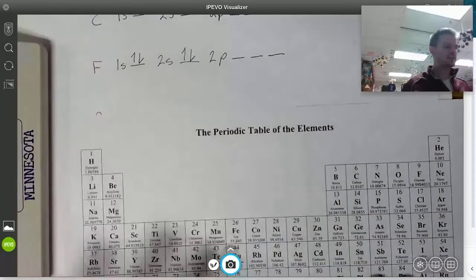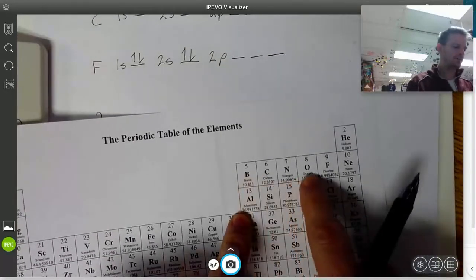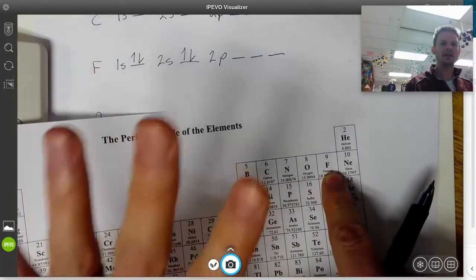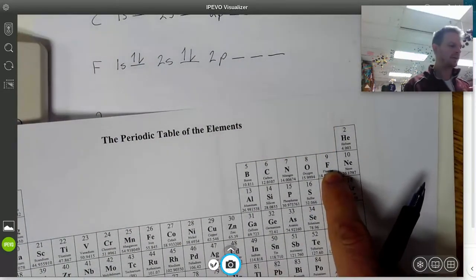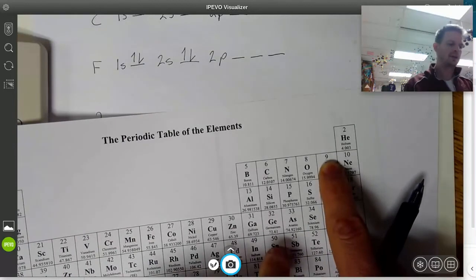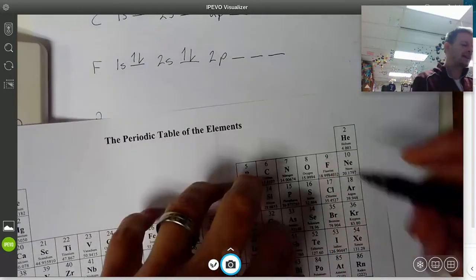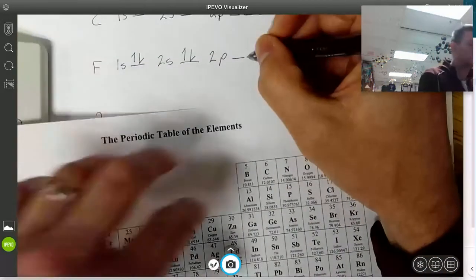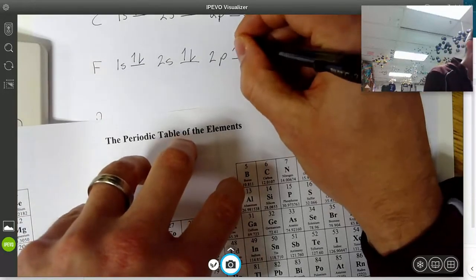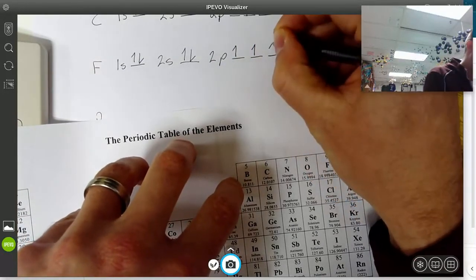And in this case, because I am the 1, 2, 3, 4, 5th element over, I know I need 5 more electrons, right? And I know that because I've already drawn 4, and I need up to a total of 9. So I need 5 more. And so what is that going to look like? This isn't that hard, but I would still probably try to do it this way: